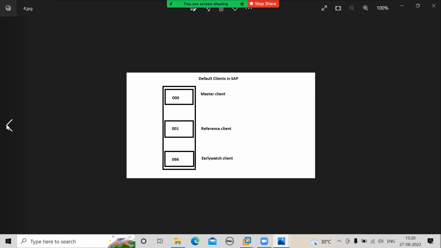The third client, 066. The client name is Early Watch client. What is the meaning of Early Watch? It is early watching. Before the problem arises, it is watching you early and it will give you a report called Early Watch Alert. So actually 066 client is a service client. This client doesn't have any business data in it. Only technical data. That means RAM size, hard disk size, your database size, your table spaces size, everything